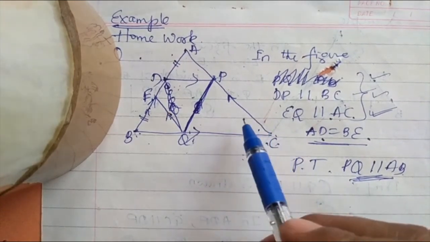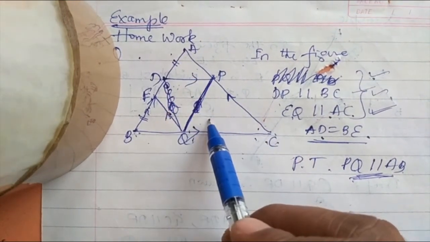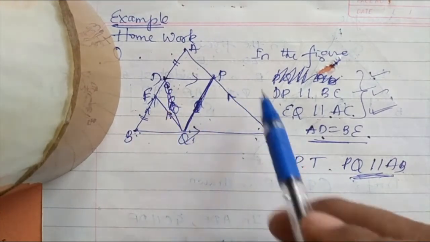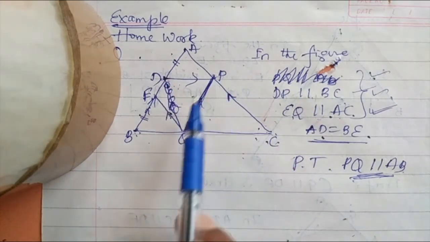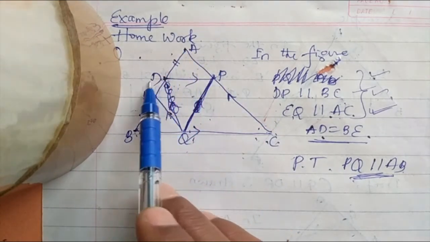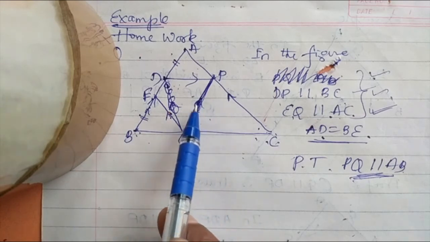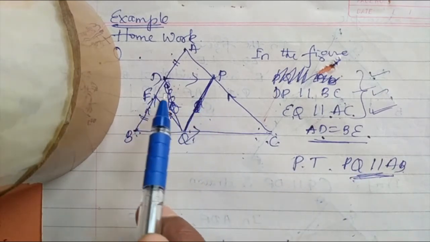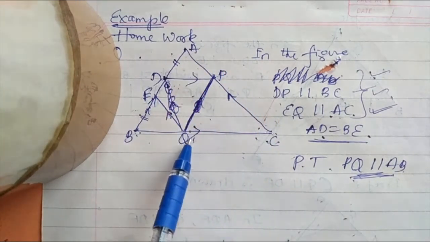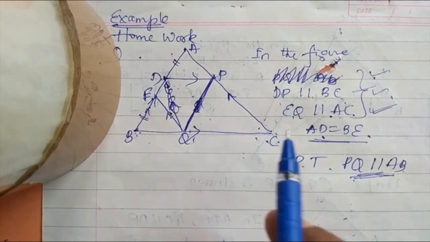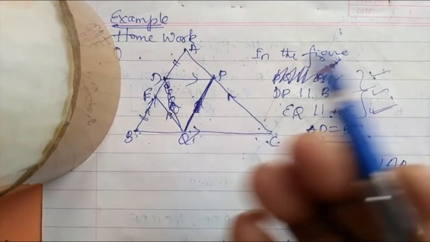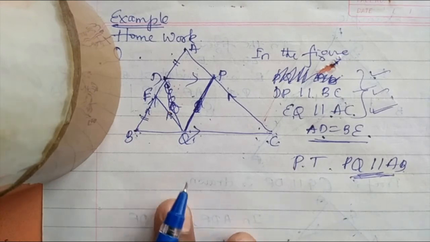That converse BPT, what it says: already ratios are equal, lines are parallel. Usually when lines are parallel, you write BPT, that is ratio of other two sides. When DP parallel to BC, you write AP by PC, AD by DQ. Similarly, to prove PQ parallel to AB, that is the main proof, what you have to do? CP by PA is equal to CQ by QB, answer you need to bring. If CP by PA and CQ by QB answer you bring, ratios are equal, therefore lines are parallel. Converse you can use.